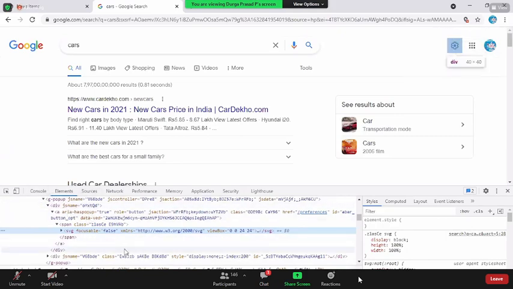But first of all, using the elements tab, you can explore the complete HTML content, which is in the form of a tree structure, and the corresponding CSS added to the particular element. And you can edit or delete or update or add a new element, new HTML or new CSS property. Anything can be done using your debugging tool. That too, when the page is running. It is not that I will do it somewhere and later run the page. No, while the page is running, dynamically we can do the changes.